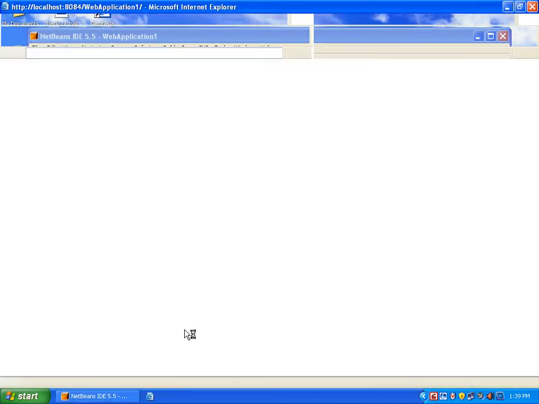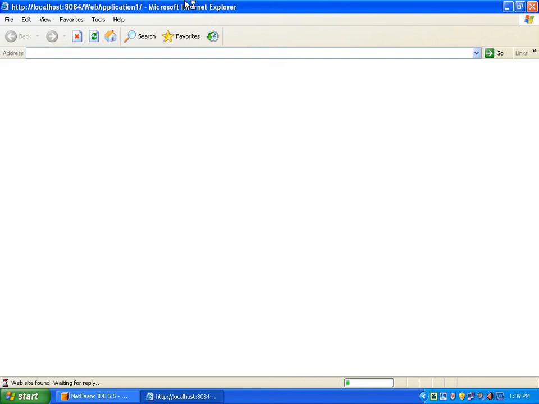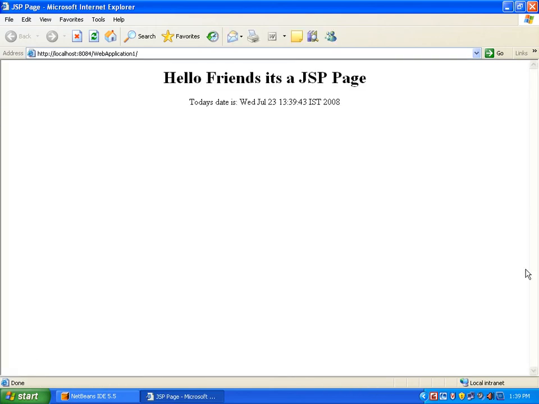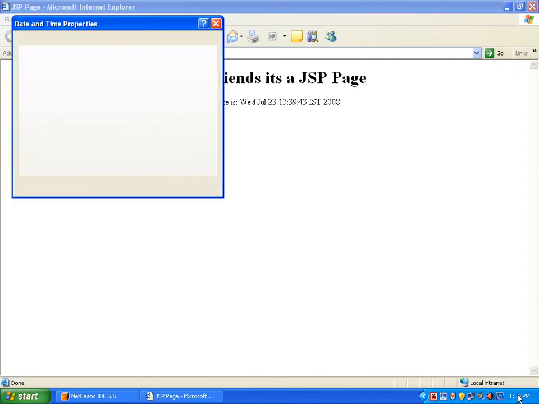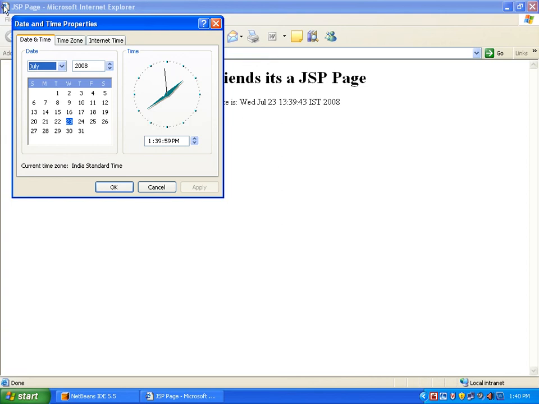Okay, automatically browser will be opened, automatically URL will be typed here, it will request to server, and we get the response. See here, hello friends, it's a JSP page. That is the message what we have typed in the program. See, today's date is Wednesday. See, it depends upon system date. Now I am changing system date. See, it is displaying Wednesday,